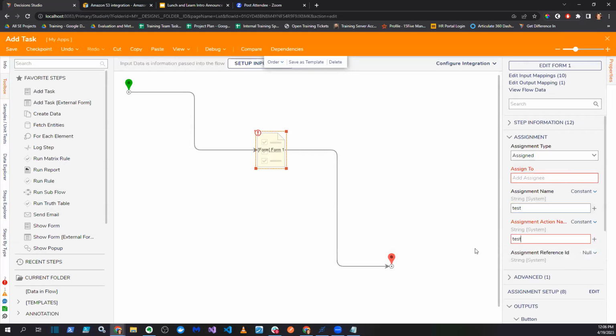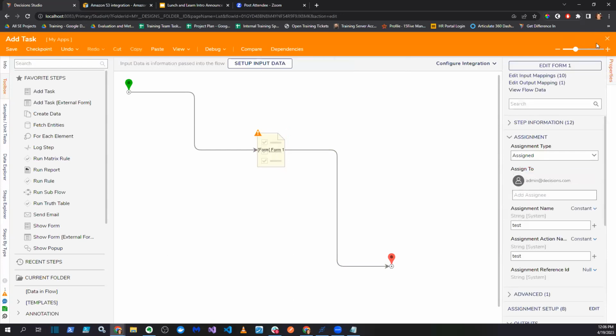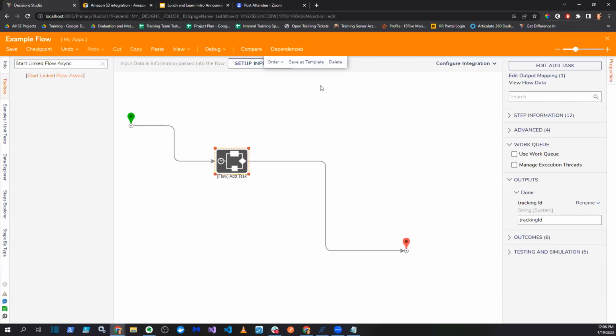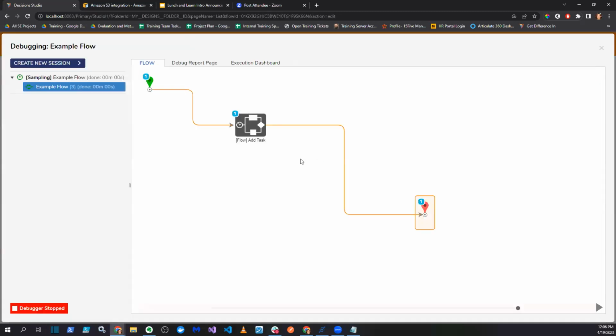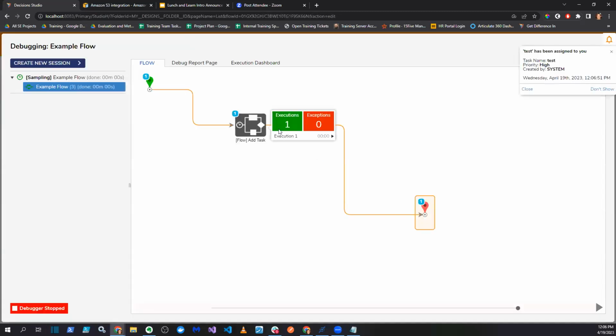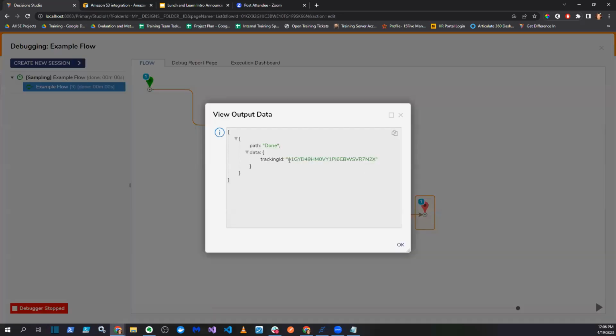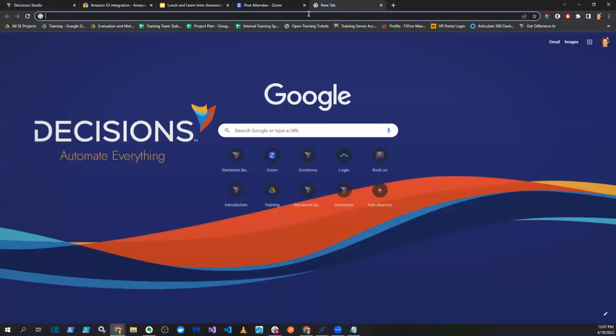As test. And then I'm going to assign this to everyone in this computer, or I can assign it to myself. Because I believe this thing should... Yes, I know it, give me a task. Now if output, here's my tracking ID. And now I'm wondering, I'm going to copy this and then open up another